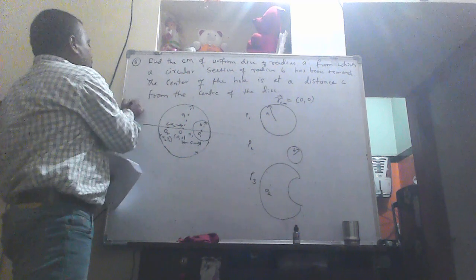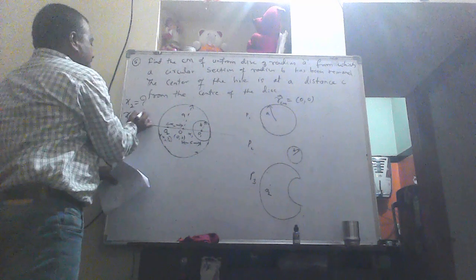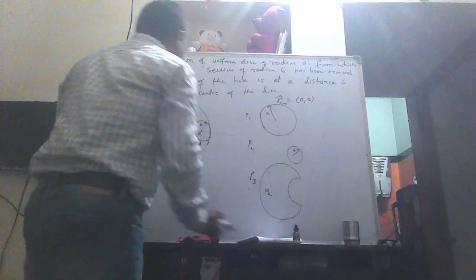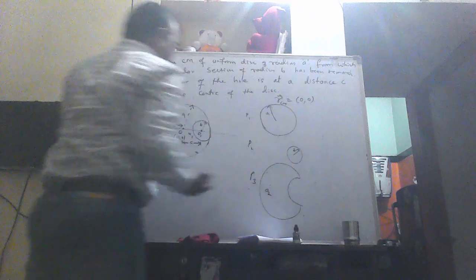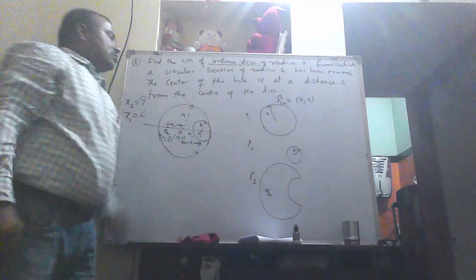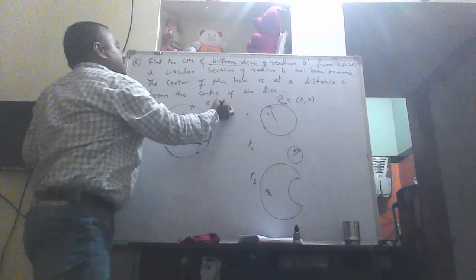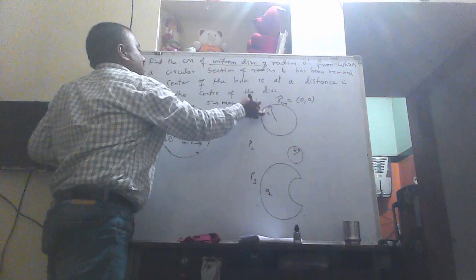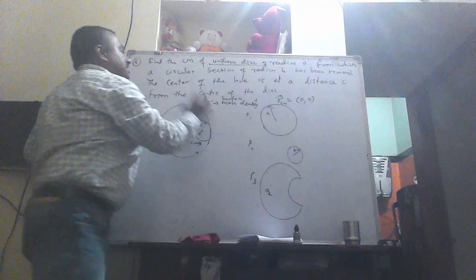The problem is almost solved. You have to calculate x2. What is x2? You have to calculate. x1 is given, that is C. But mass and everything is not given. Center of mass coordinates are given 0. What about mass? You don't know mass, but given that it is a uniform disk. So I take sigma as the mass density. Surface mass density, not linear. Surface mass density as sigma.